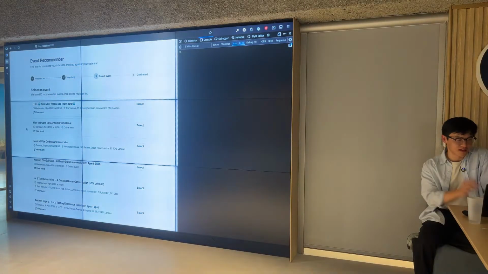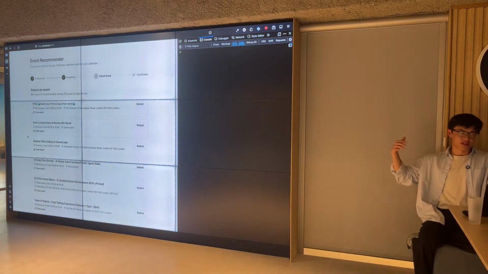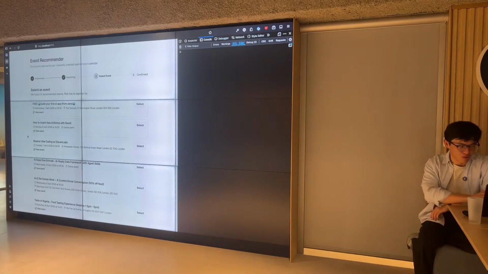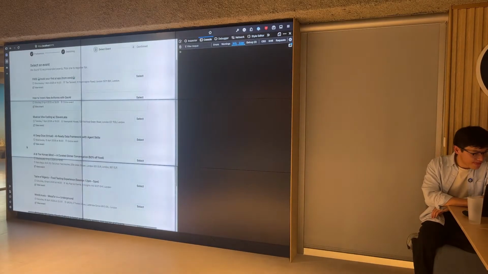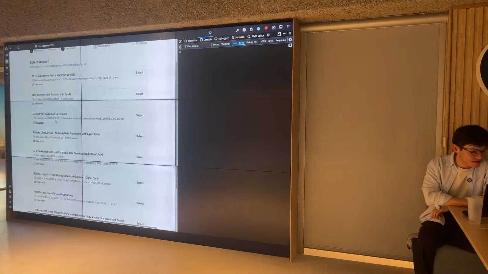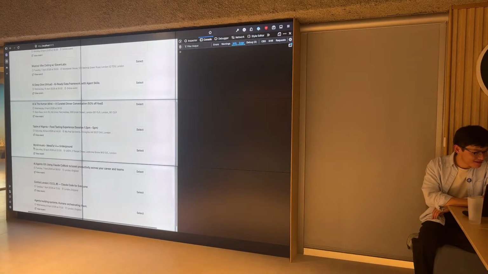Okay, I think it paused because now it's come to the human in the loop step, where it's asking me what event I prefer. And I can see that, yep, it does have a lot of AI events. This one, musical, so it probably matches music and AI together. Yeah. Okay, this one is real music. Yeah, so you see, it worked.